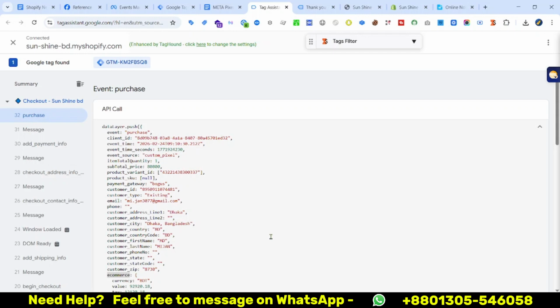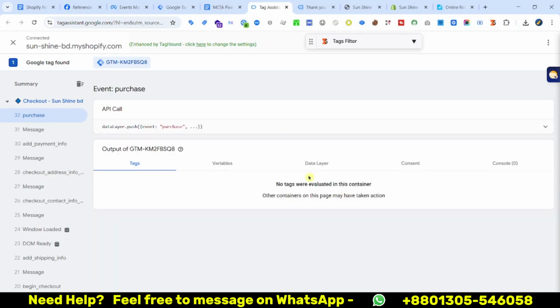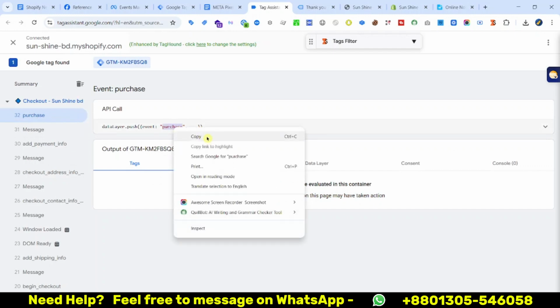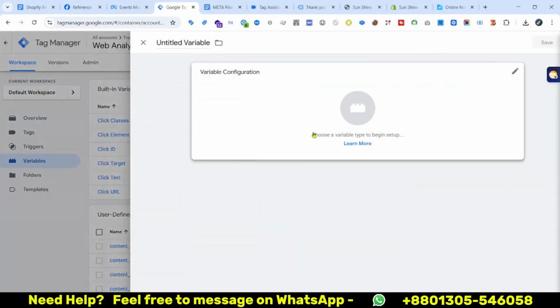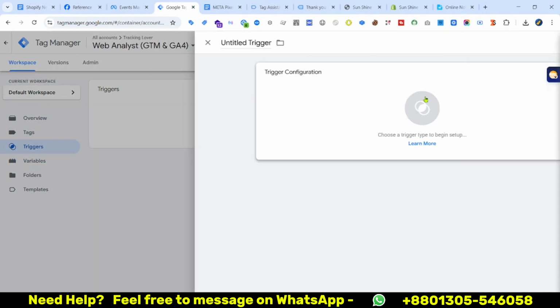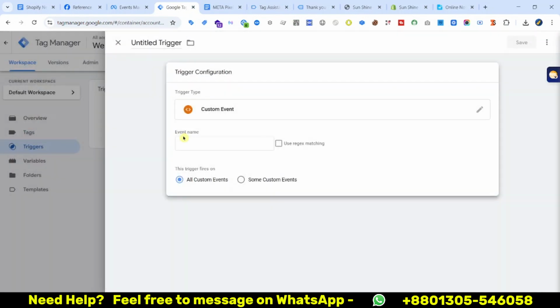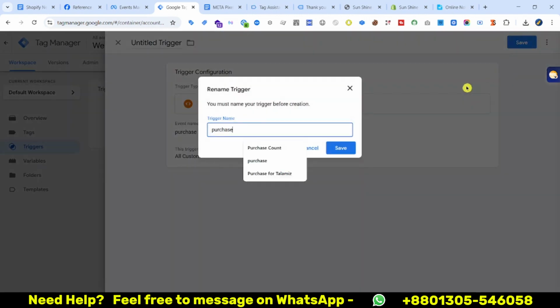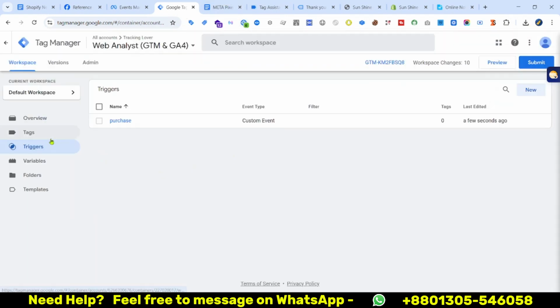Now I need to create a custom event trigger because this is our purchase event, and we already have the purchase event in my data layer. So just copy this one, go to triggers, new custom event, paste it here, save. Now go to tags,